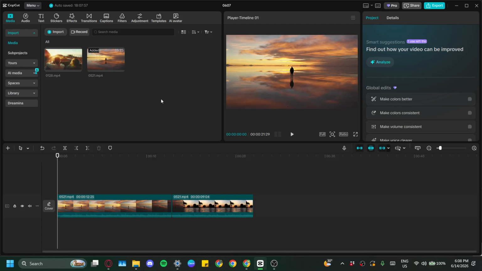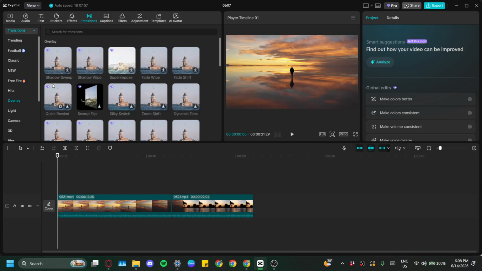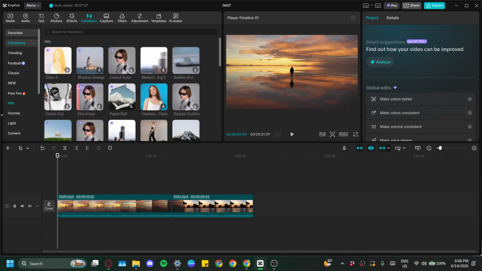from scratch. And in this walkthrough, I'll show you the easiest way to add one and make sure it applies correctly across your footage. To begin, go to the top left area of the CapCut interface and click on the Filters tab. As soon as you open it, you'll see CapCut's built-in library of free filter options. This section includes a wide range of high-quality color looks and visual tints. So whether you want something subtle and polished or a more noticeable style, you'll have plenty of choices to work